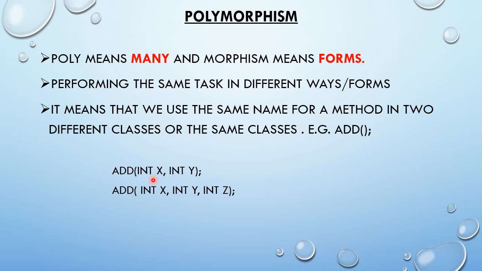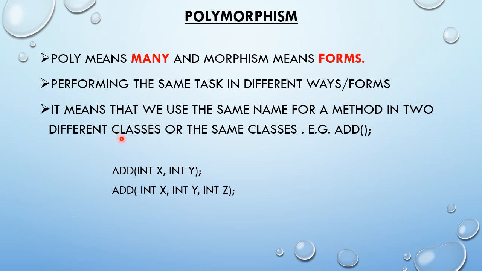Now we can take another method with the same name. Fine. With the same name with two parameters. Now the third method with the same name with three different parameters. Now in this class we have methods with the same name and they will perform differently. The name is same, but they will perform differently because of these parameters. Fine. This is called polymorphism. This we have taken the example of the same class.